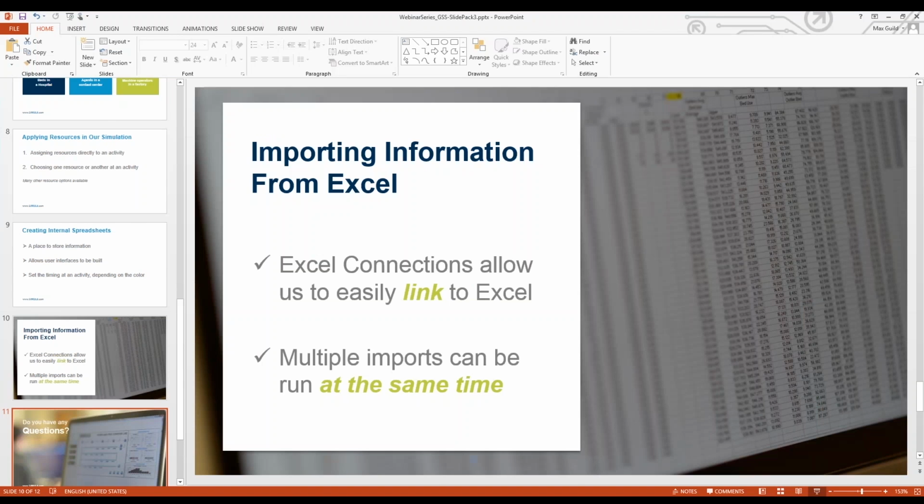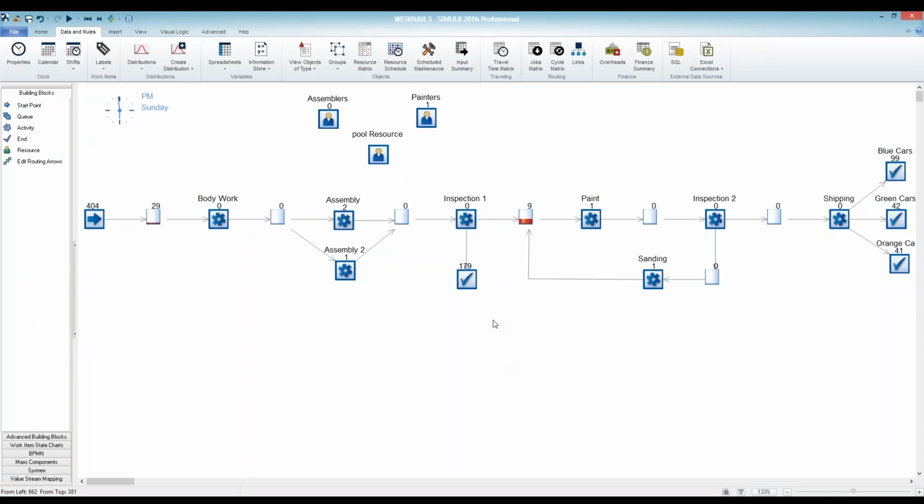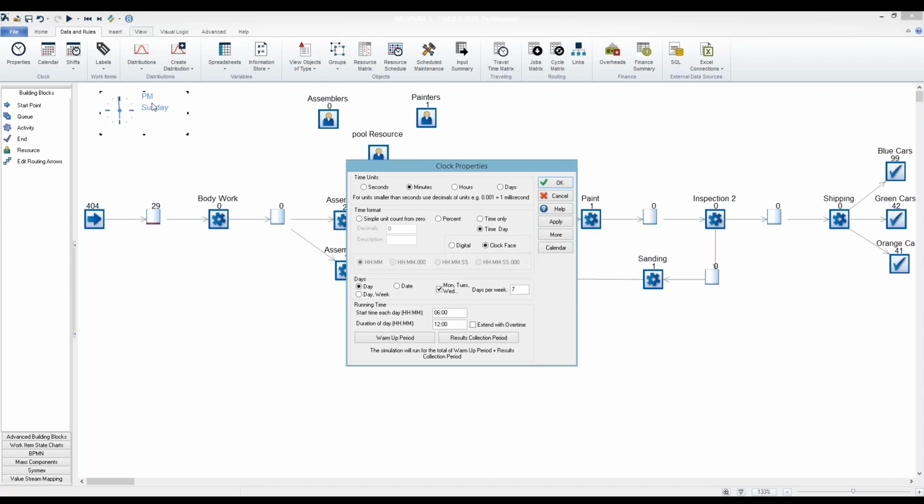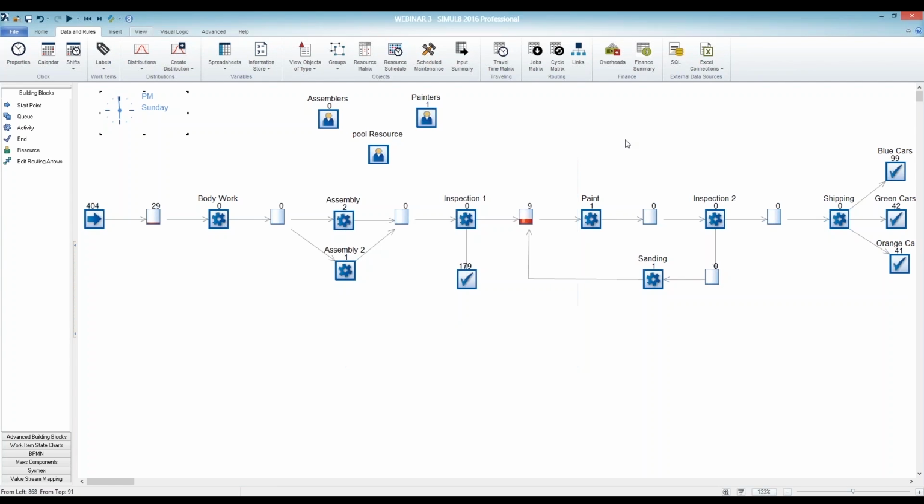Yeah, good question. So at the moment, we've basically assumed that these resources are working for the entire time that our simulation is running, which, as a reminder, if I click on my clock properties, you can see that we're running a 12-hour day, so the duration of our day is 12 hours, and the start time is 6 a.m. That could potentially be quite a substantial shift, so we maybe want to break down the day into individual shift